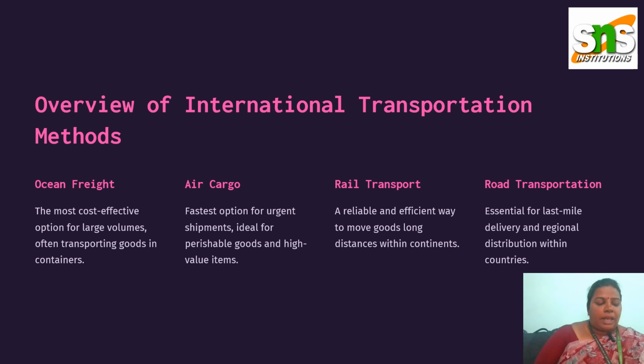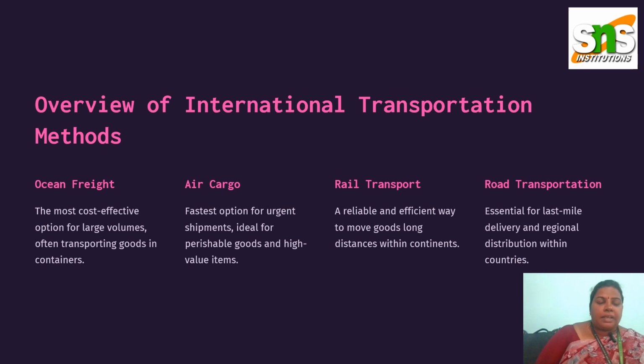Union. Rail transport, a reliable, eco-friendly option for moving bulk commodities over long land distances, often bridging the gap between the sea and road regions with strong rail networks. Multimodal and intermodal combines two or more modes: sea, rail, truck, and air to balance speed and cost for a single